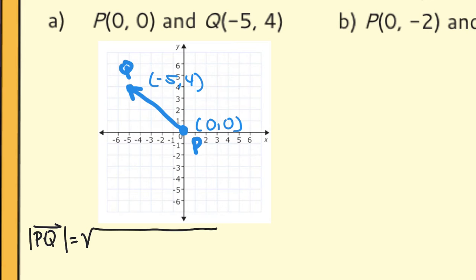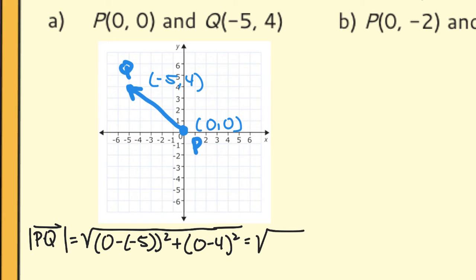So we're going to have x2 minus x1, 0 minus -5 squared, plus y2 minus y1, so 0 minus 4 squared. And then this will simplify. 0 minus -5 would be 0 plus 5, because the negatives cancel. So that's 5 squared. And then -4 squared,